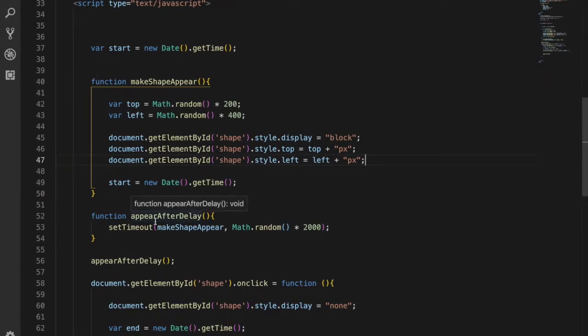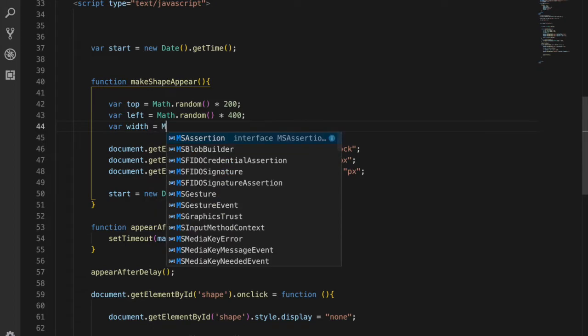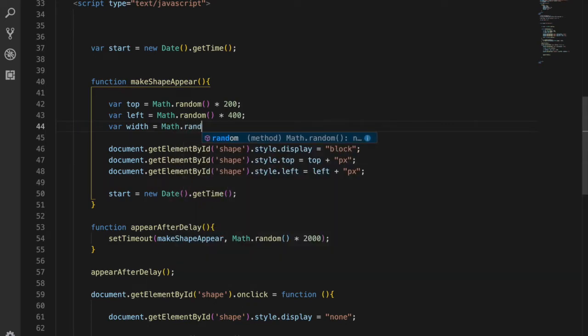Now we need to give it a circle shape or a different width and height. So for this, I'm calling one more variable, width, and for the width we call Math.random, and multiply by 200,